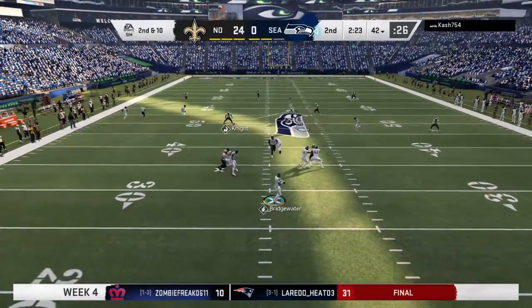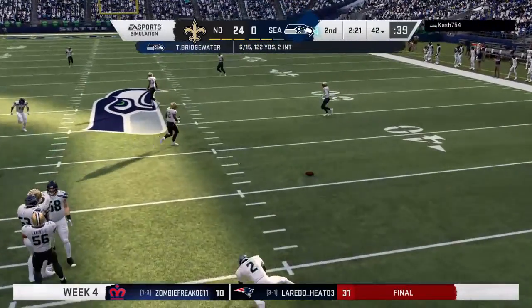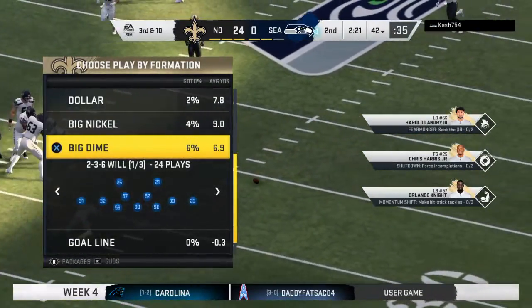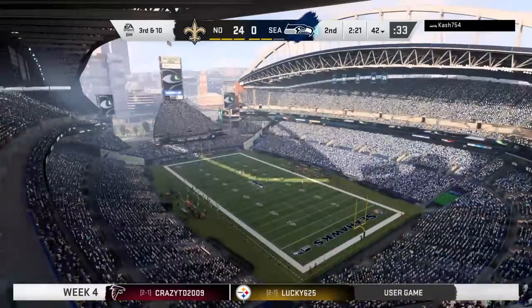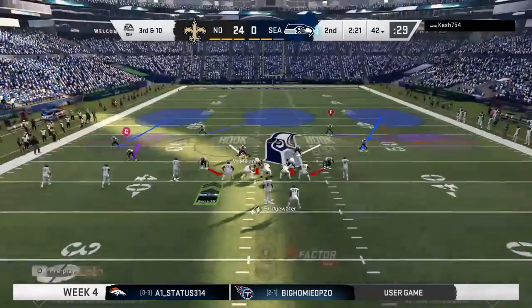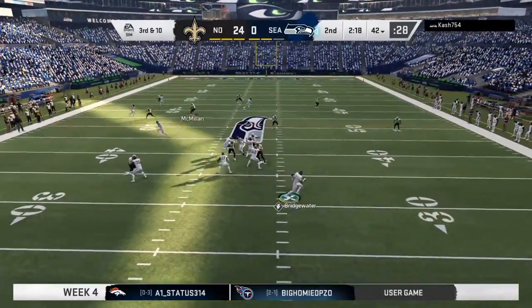Bridgewater now. And he'll be hit as he releases it, and that'll fall incomplete. It's been my observation there's been a nice variety of play calling defensively. You and I often talk about an offense's ability to keep a defense off balance with what they're doing. I think the converse has been true in this game. Yeah, I think you're right. They seem to have gone off tendency quite a bit, but only the second quarter, a lot of time to